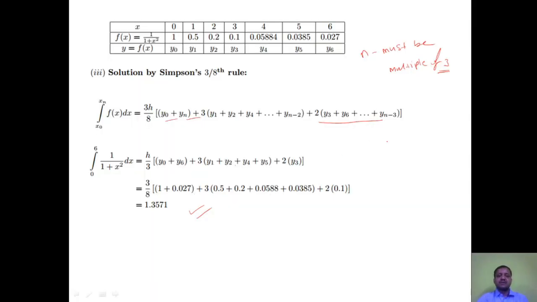So this is all about numerical integration. Here you simply need to remember the formulas: trapezoidal rule, Simpson's 1/3 rule and 3/8 rule. For the 1/3 rule to be applicable, n must be even. For the 3/8 rule, n must be a multiple of 3, such as 3, 6, 9, 12. If n is not mentioned and you want to solve through both Simpson's 1/3 and 3/8, you need to choose a number that is even and a multiple of 3. The minimum is 6, so you can take 6 as the number of intervals and solve.